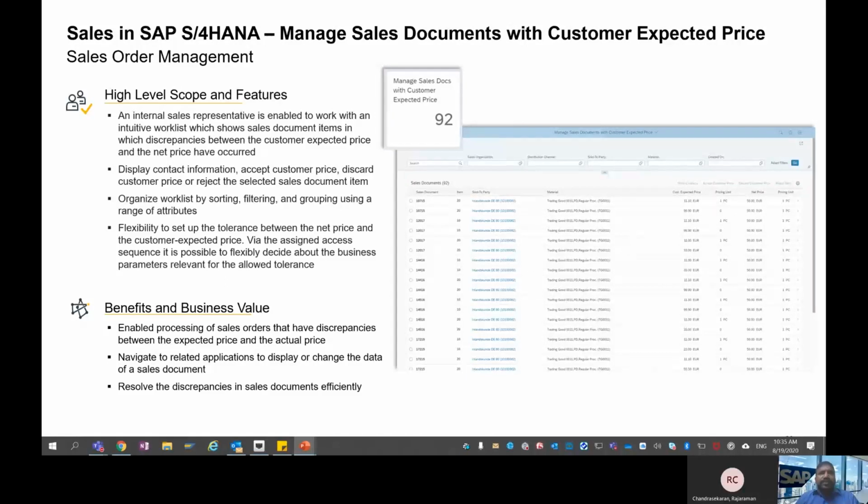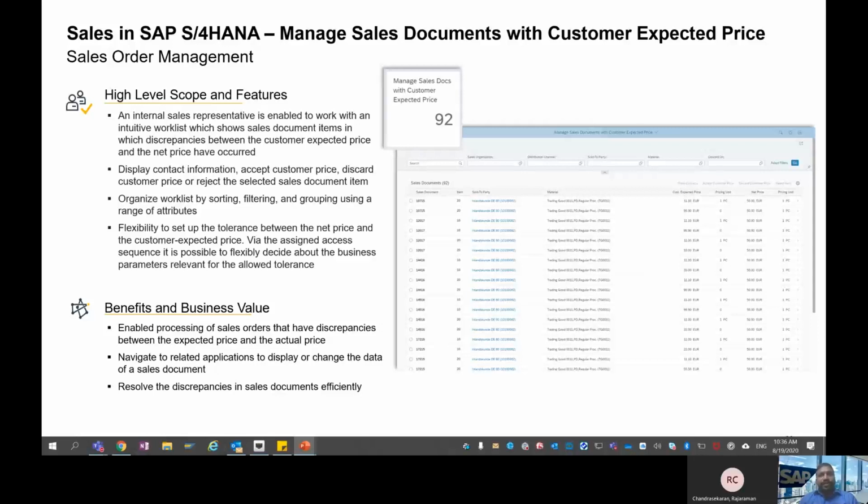So let's move to the next innovation, manage sales documents with customer expected price. With this app, an internal sales representative is provided with a work list which shows all the sales document items in which there are discrepancies between the customer expected price and the net price.